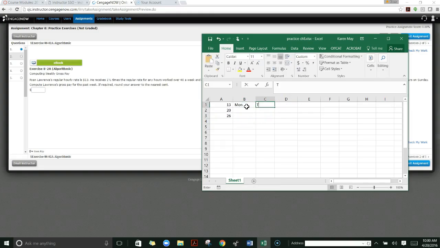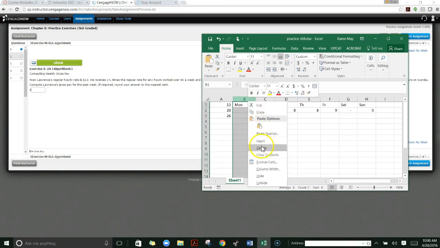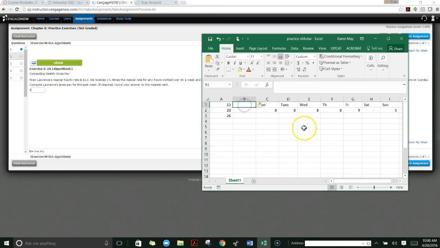Okay, so then they gave us what he worked each day. So let's do a chart just so we can accurately see that. On Monday through Thursday, he worked 8 hours, but he worked 9 hours on Friday, none on Saturday, and 5 on Sunday. Put a column in between there. So he worked 40 regular hours. He worked 1 overtime hour,